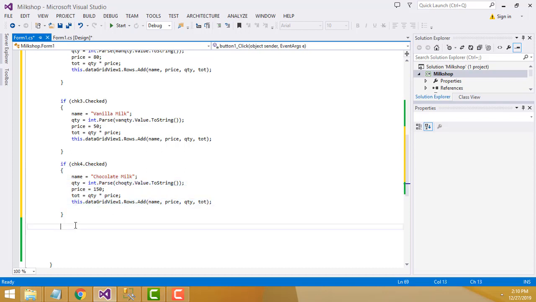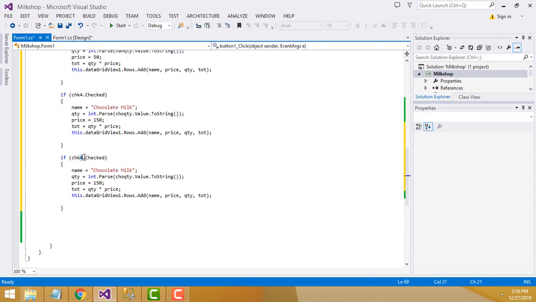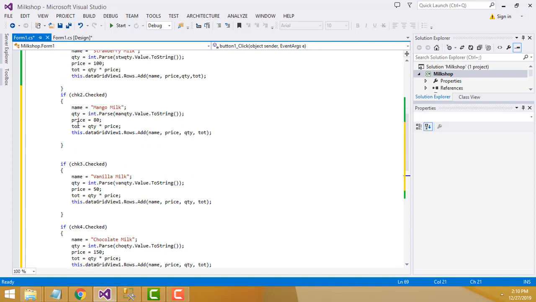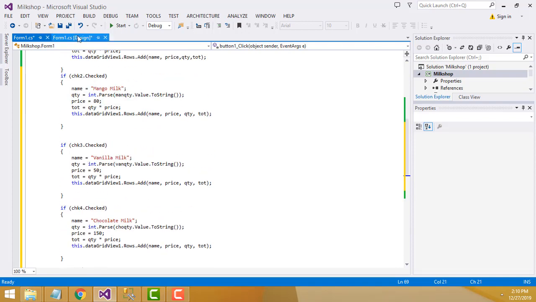Final one, Control C to copy, Control V to paste here. This one should be 5. Here I am not writing the else part. Why I put all the stuff as if, I mean: